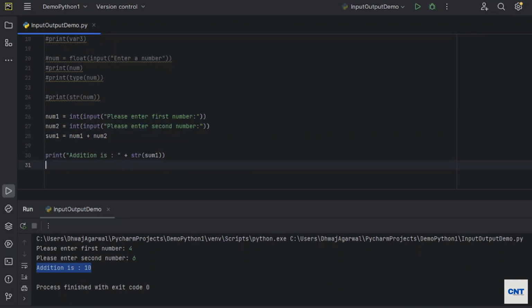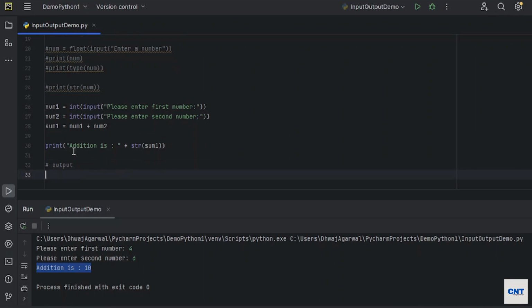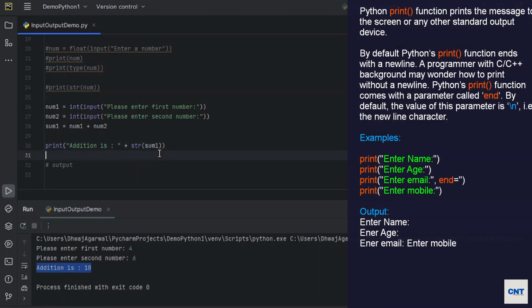Okay, now we'll see what is output in Python. Python's print function prints the message to the screen or any other standard output device. Okay, we have already seen how print works. We can just pass our message, we can pass our parameters that we have taken from the user.